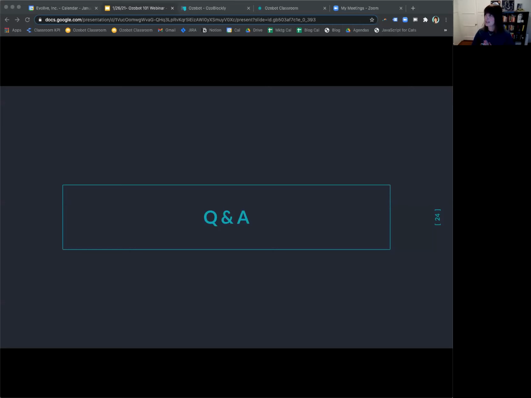For the lessons that you covered today, Melissa, do you mind speaking to which ones are Bit compatible or could be adapted to be used with Bit? I believe all of them should be adaptable for Bit because they're color code lessons. It's going to be our Ozoblockly lessons that might vary because of the sound and the Bluetooth connectivity. But the ones that I went over today should be Bit compatible. Great.